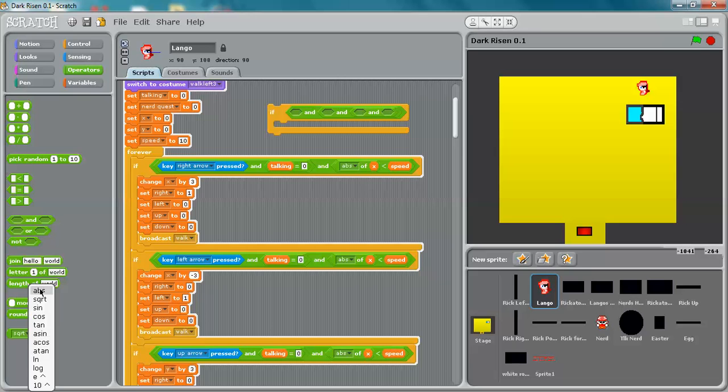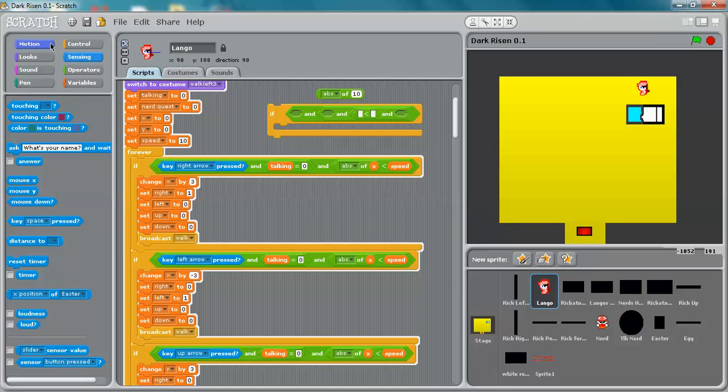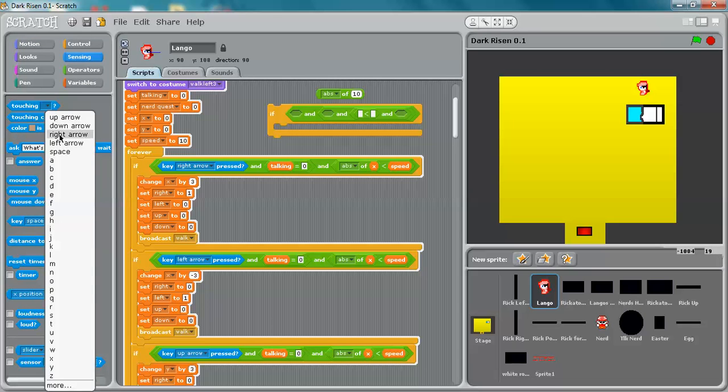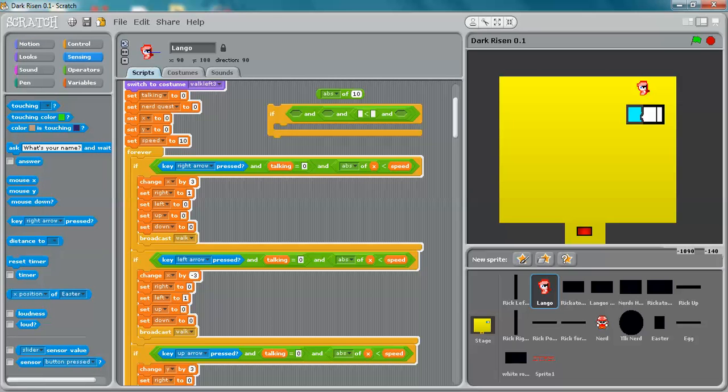And you have to change this to absolute value, put that right here, I believe. I haven't made this in a while. Sensing, this is just a walking script. I'm just gonna try to copy this. Key right arrow and